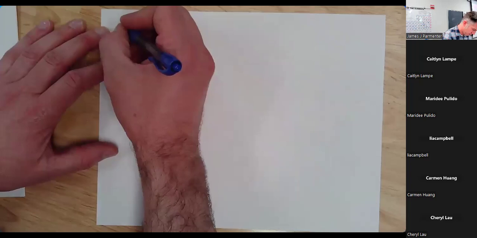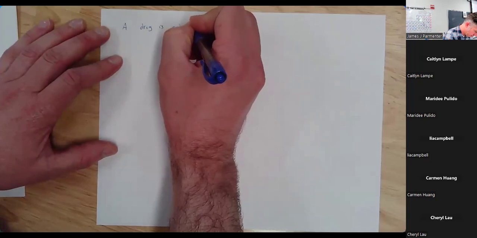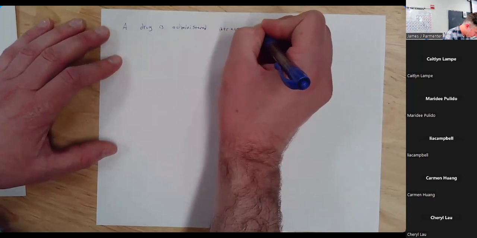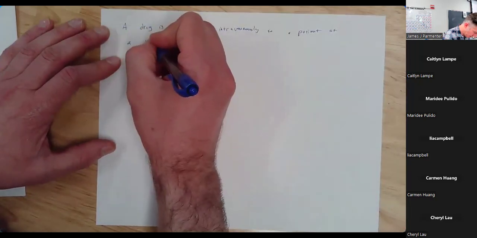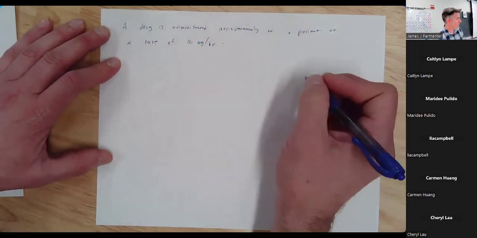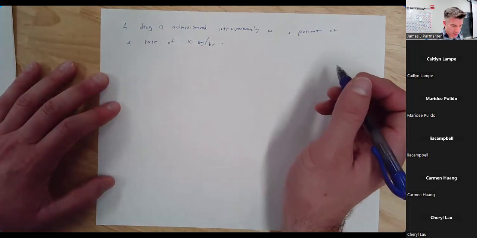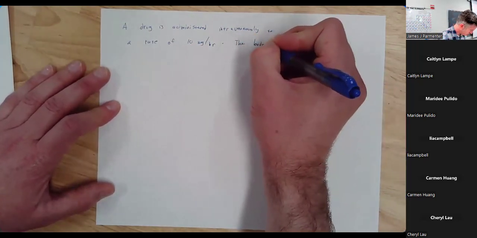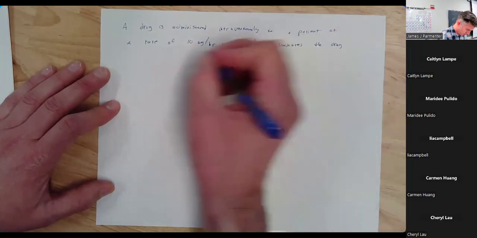So here's another example of a survival renewal situation. A drug is administered intravenously to a patient at a rate of 10 milligrams per hour. We should probably think of that as being our R of t, right? It's our renewal function. The patient's body eliminates the drug over time